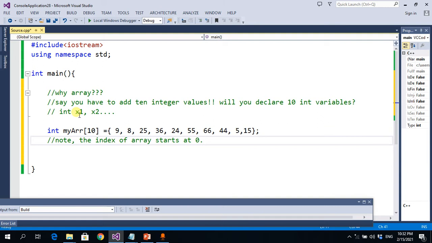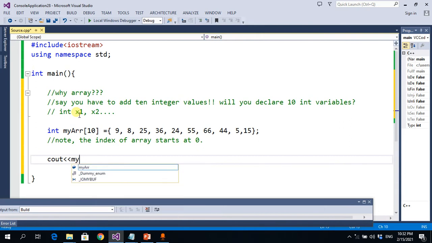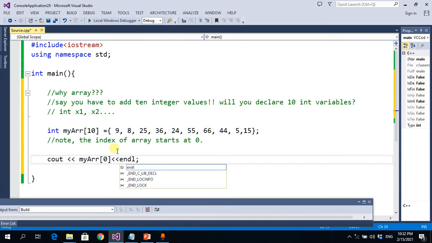So if I write cout myArray, here this 10 means the size of the array, but when I say 0, this 0 is the index. So 0 refers to the first value of the array, so it will print 9,